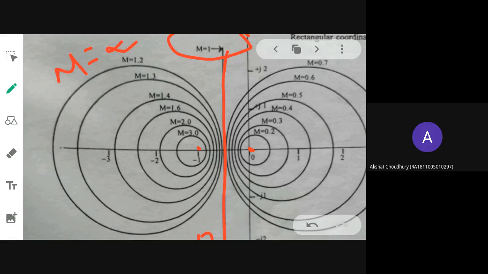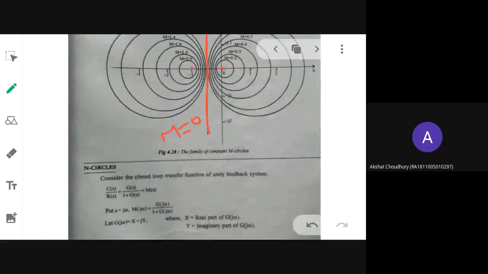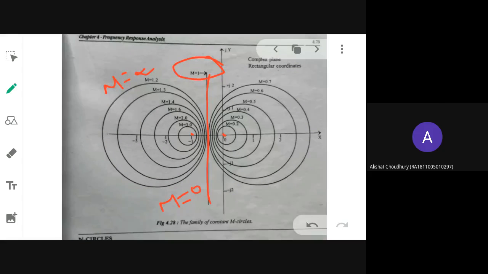Now for other values of m, as you can see from the circles, whenever the values are becoming less than 1, where will the circles be located, the left half or the right half? You know what is right half and left half, you've seen that in your split. Let us consider this is right, this is left. So whenever m is less than 1, where are the circles located? Right half. So these are the values for less than 1.